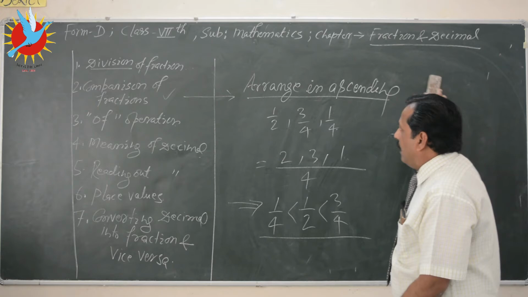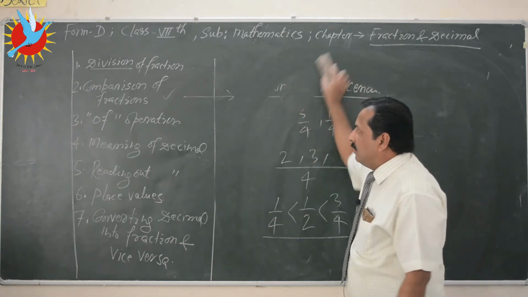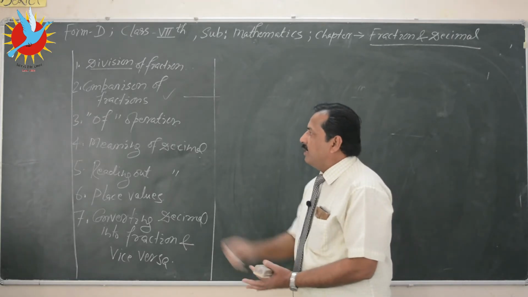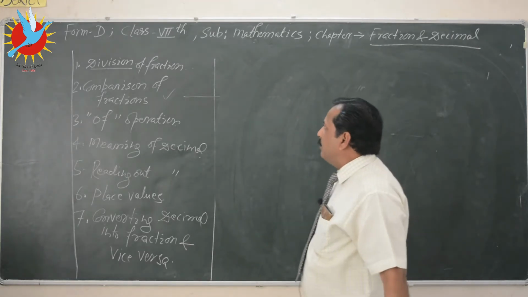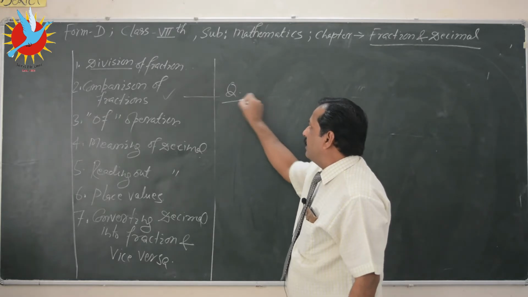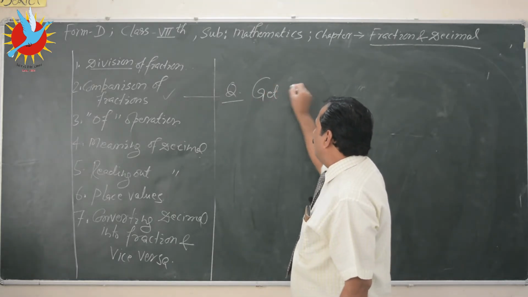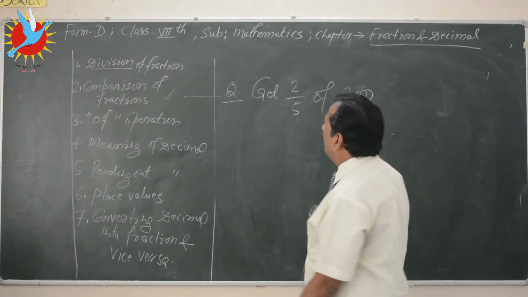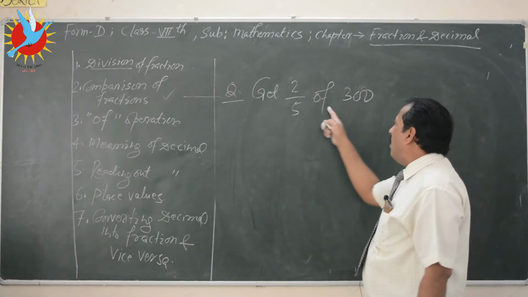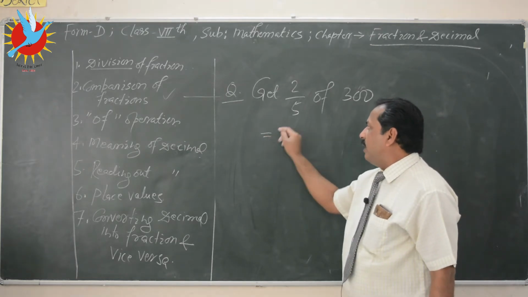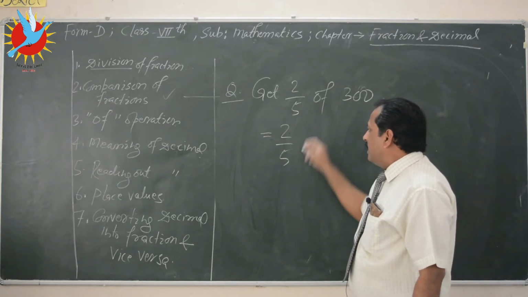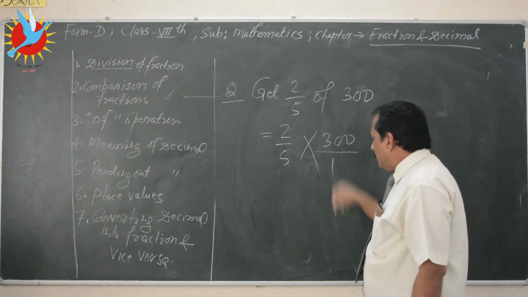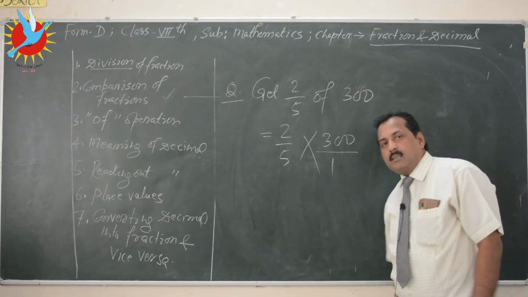So similarly you can arrange them in descending order. Now let us come to the third point of this list, of operation. Of means multiplication. So in form of a question I am writing, get 2 by 5 of 300. So 2 by 5 of 300. This means 2 by 5. Of means multiply, and then this is 300, and just like this 300 can be written as 300 by 1